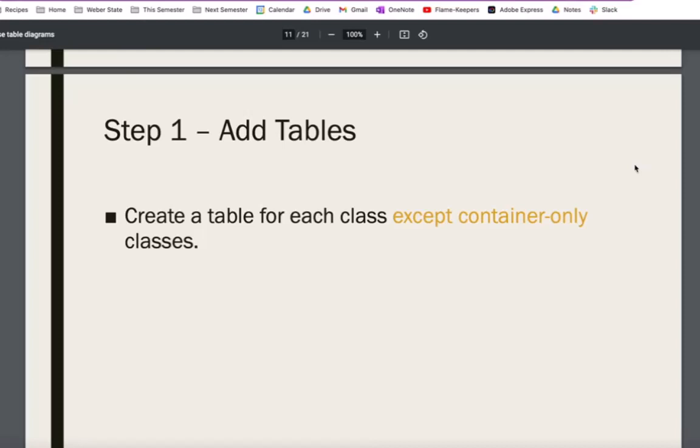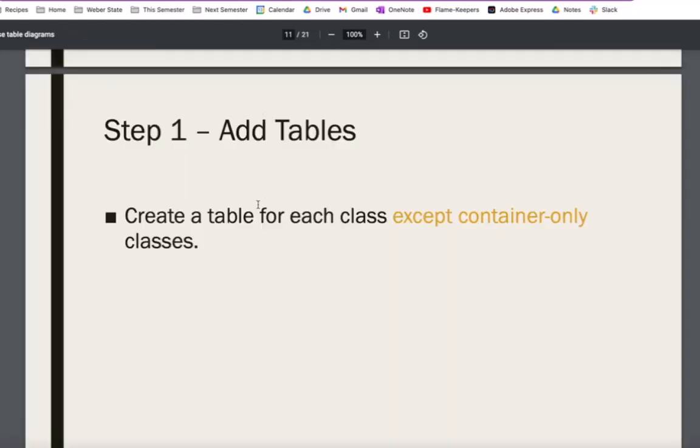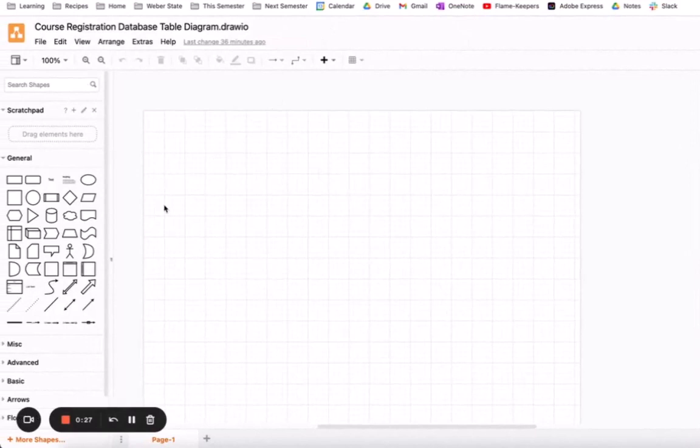I have the steps from my map class to database table diagram here. I have them moved over to this slide so we can look at them individually. The first step is going to be to add the tables to your diagram. So I have my class diagram that we're going to map over, and then I have an open diagramming tool